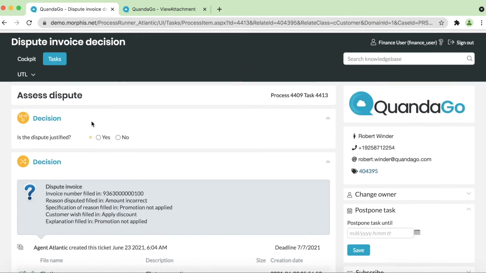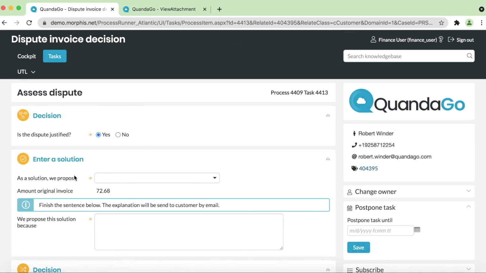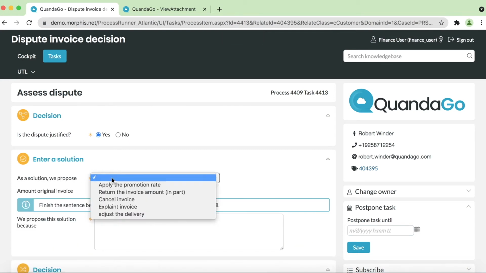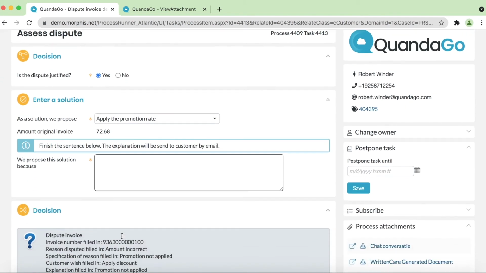So now, as the finance user, I have to make a decision. Is this dispute justified? And in this case, I think it was justified because clearly there was a promotional discount that was not applied. And so what we want to do is to say, yes, the dispute was justified, and we're actually going to make a refund. And so as a solution, we propose the following. We're going to apply the promotional rate, and we're going to specify that we propose this solution because the promotion